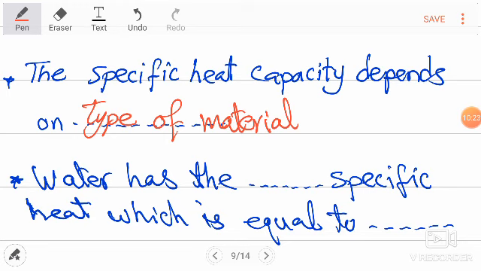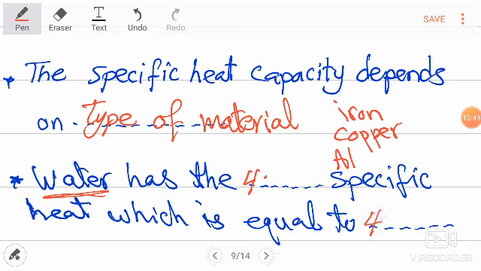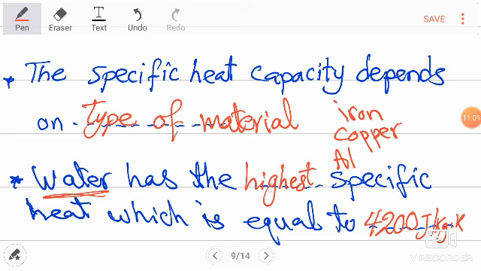The specific heat of iron is different from the specific heat of copper, is different from the specific heat of aluminum, is different from the specific heat of water. The specific heat of water equals 4,200 joule per kilogram Kelvin, and it is the highest specific heat of any material. So water has the highest specific heat, which is equal to